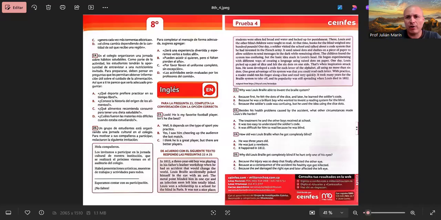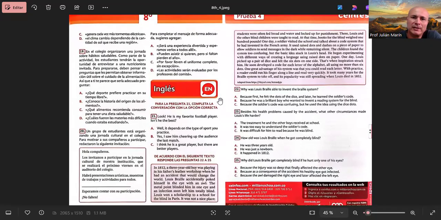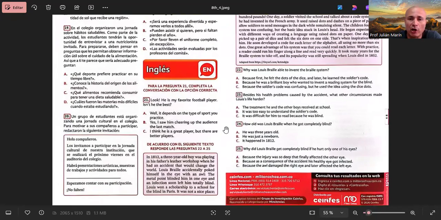Now, I'm going to start sharing my screen specifically on the test. Okay, so here you have it, 8th grade, Martes de Prueba number 4 in the English section. Remember that the English section is always at the end, so the recommendation, as it happens also in the ICFES test, is to administer your time pretty well, so when you get there, you have plenty of time to solve the English section. Sometimes this is one of the problems we confront.